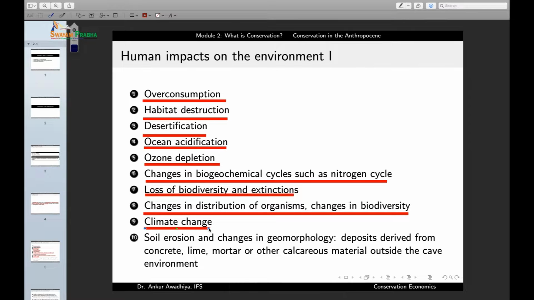And a major causal factor of climate change is the release of greenhouse gases, especially carbon dioxide. Now, carbon dioxide, when it is there in the atmosphere, acts as a greenhouse gas, which means that it traps the heat of the sun in the atmosphere. So, what it does is that it permits the short wavelength portion of the electromagnetic radiation, especially of the infrared rays, to come inside. But then, when they are released back as long wave radiations, it traps them, and slowly and steadily the temperature